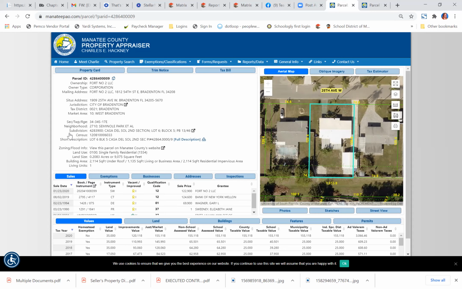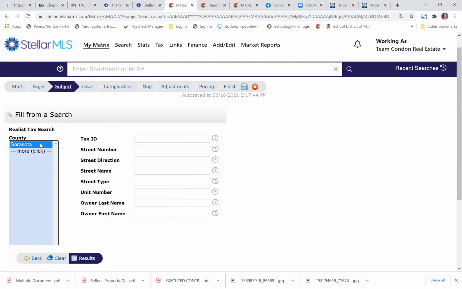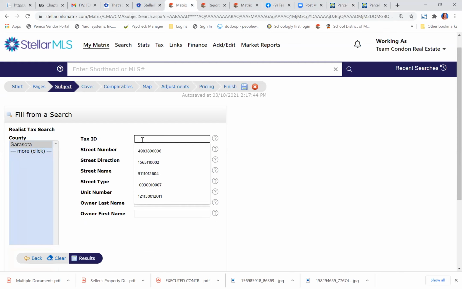And that'll help you out with your listing, because that way people will not freak out and think you have an illegal bedroom and bath. Okay. So that's a little tip there. So when you go to add it, you can go to Sarasota, you can put in your tax ID number,